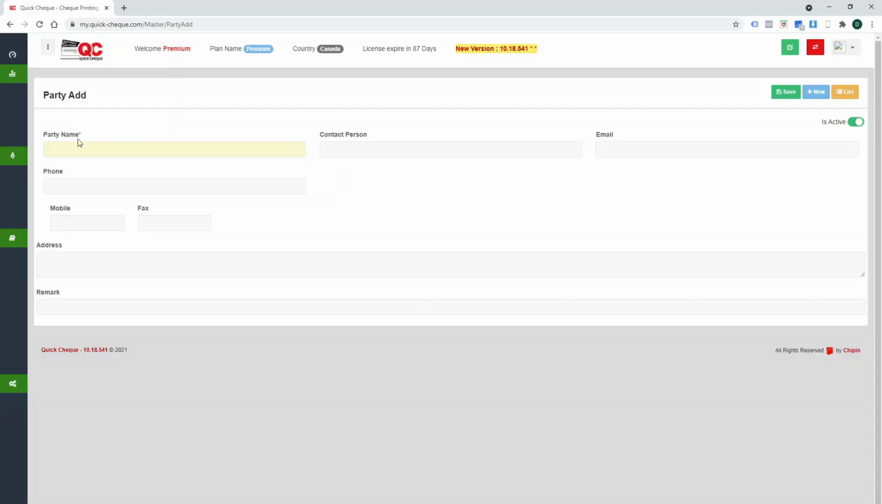The party name is a mandatory field. All the other fields can be left blank and are captured only for information purposes and for printing on the voucher. So if I want to issue a check to Chipin IT, then I can enter Chipin IT in the party name and the system will go ahead and issue the check